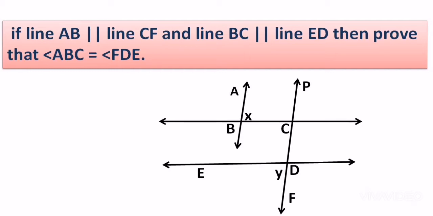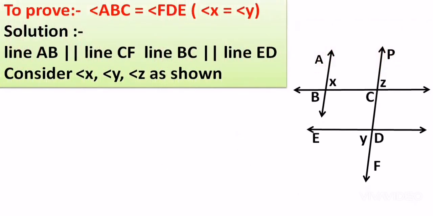So what do you think about taking the angle Z the way it is shown in the diagram, due to which if you consider transversal BC, keep it in mind, BC, X and Z are the corresponding angles, and if you consider transversal PF, Z and Y are nothing but the exterior alternate angles, right? And that makes a common relation between them. And let's go on. Here we are with the further solution.